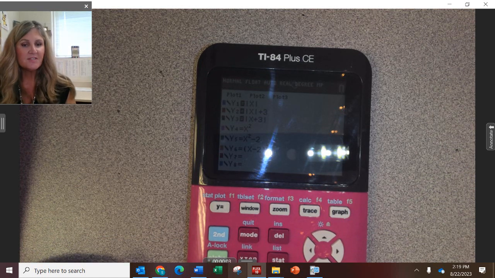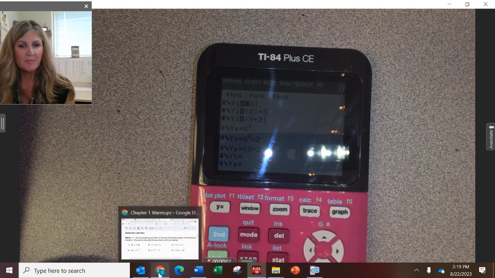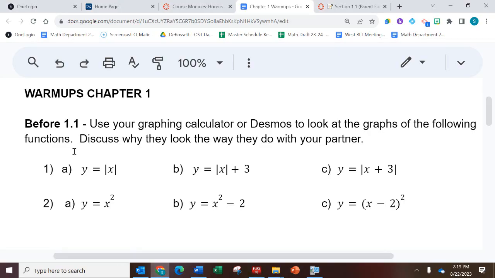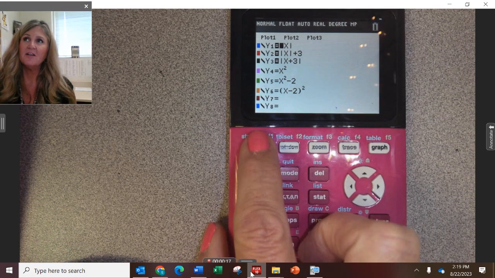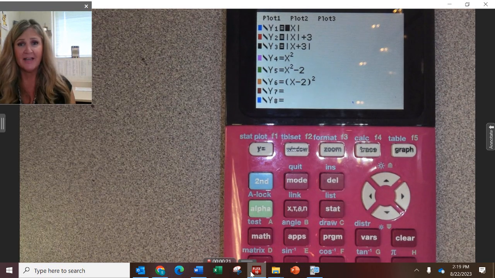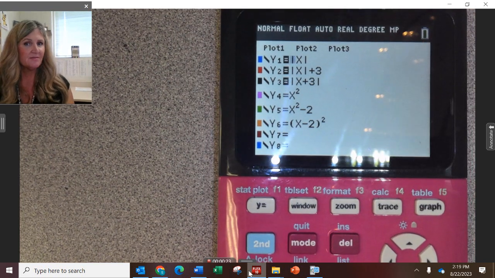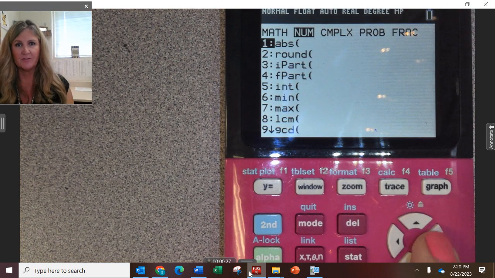All right, guys, I want to start talking about the warm-ups. So the first warm-up problem we had was y equals the absolute value of x. So the way that we should look at that is we put it in our calculator. You had to go to y equals. To get to that absolute value of x, where did you have to go first? Math. So you have to go to math, and then you have to go over to num to get to